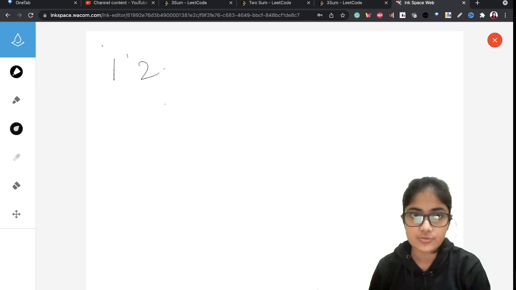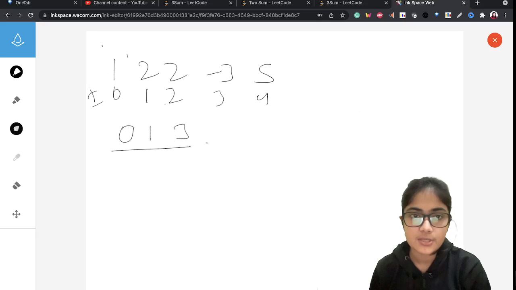So this is 1, 2, 2, minus 3 and 5. If the indices are 0, 1, 2, 3, 4, the first triplet will be indices 0, 1 and 3. So this will be our answer, that is 1, 2 and minus 3.